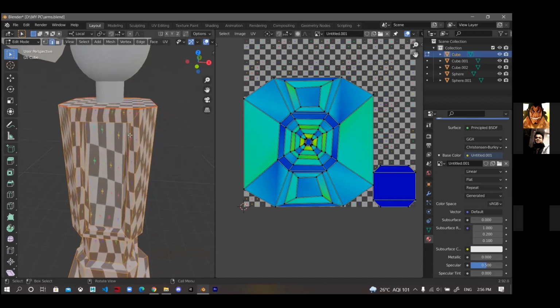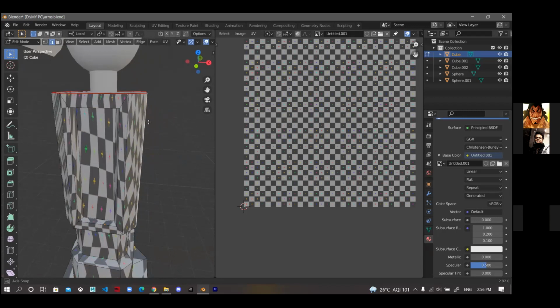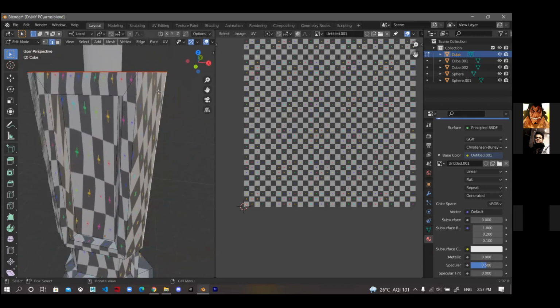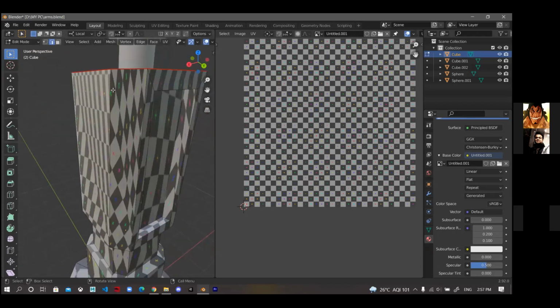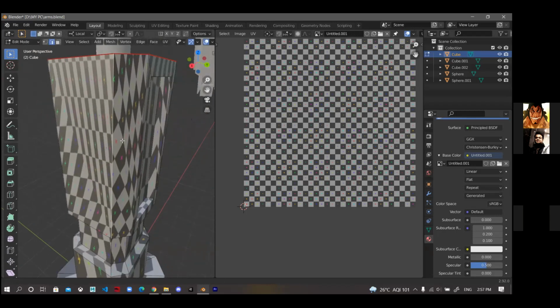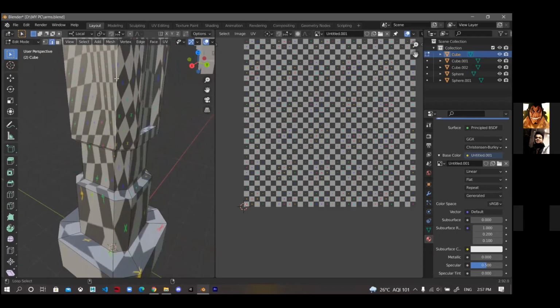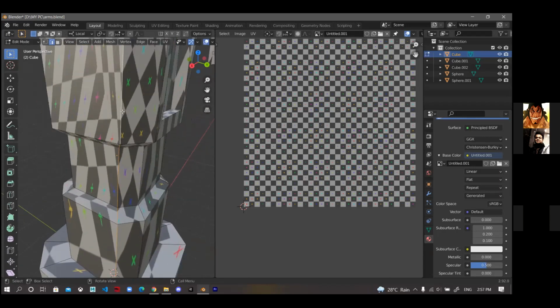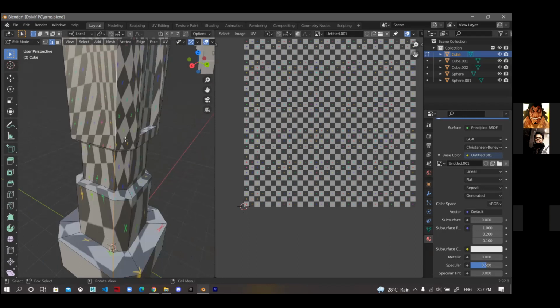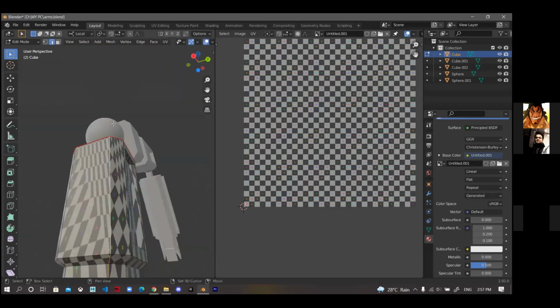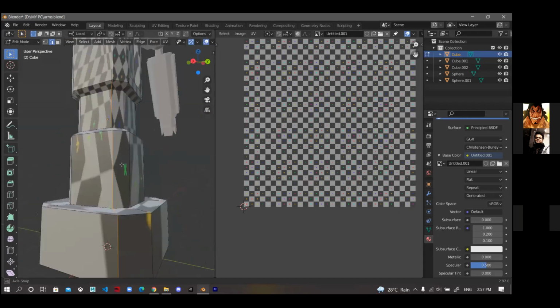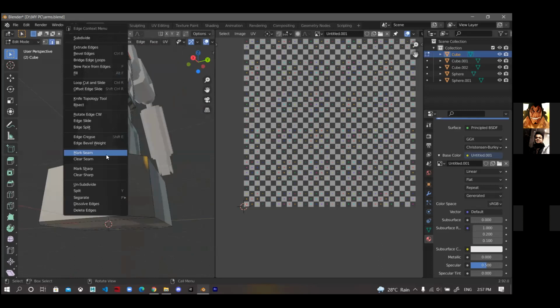Let's do that. Now let's cut along one of the colors. Step by step, select the edge by pressing Alt Shift F, and we will mark them.